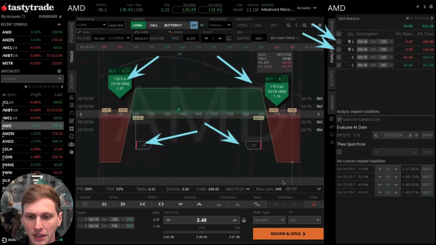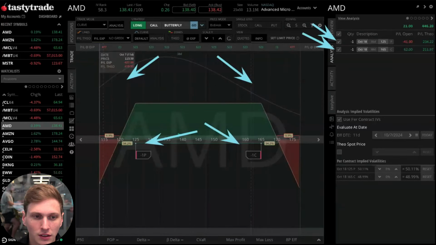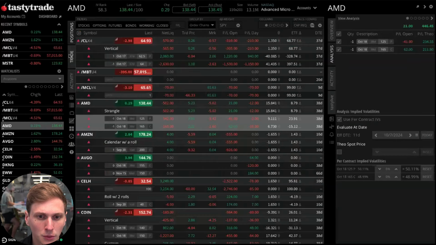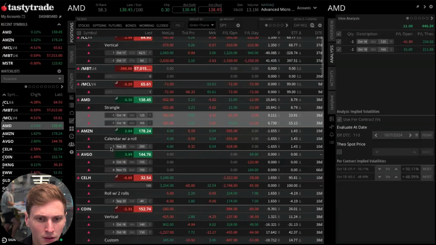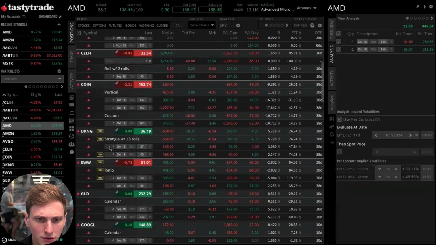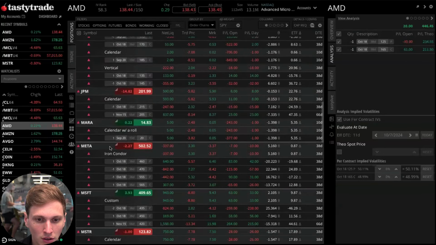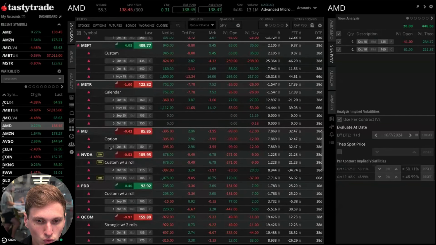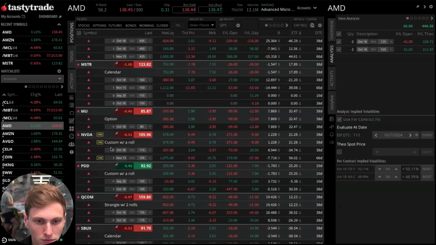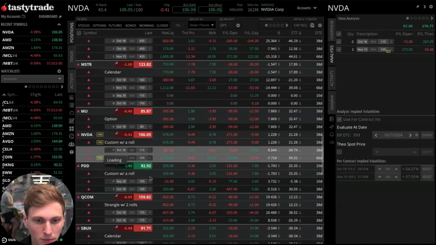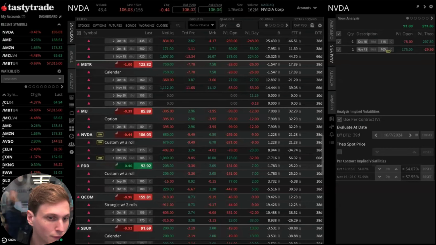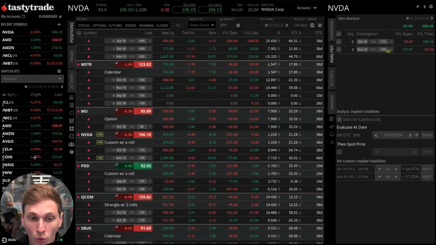So that's a little bit about how you can play around with adding on additional legs. Or to point two, let's go back to our positions tab again, and let's go find something juicy, something fun. Yeah, let's do that. So maybe we want to roll a position. For those of you that don't know how to roll a position, just a quick little